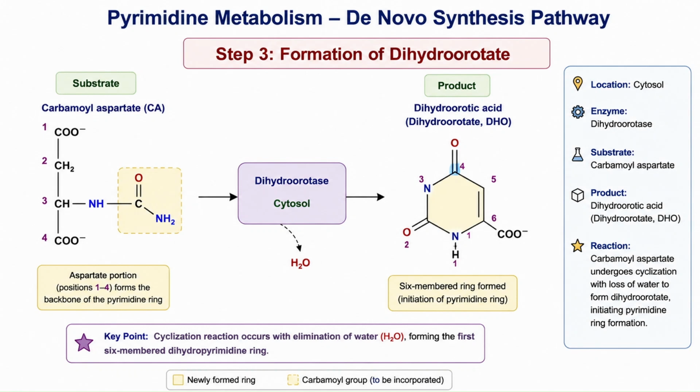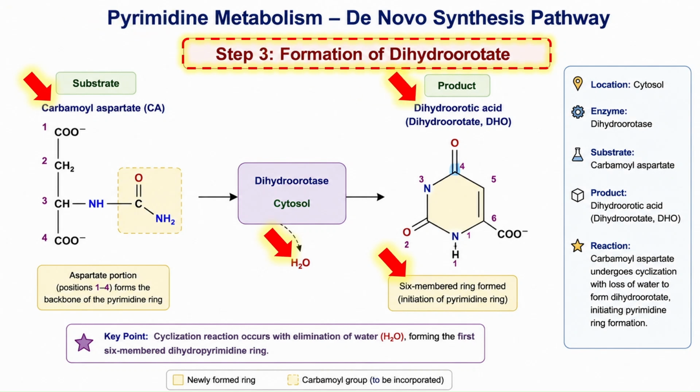Now coming to the third step, the formation of dihydroorotate. In this step, carbamoyl aspartate folds and cyclizes to form the pyrimidine ring. During cyclization, a molecule of water is removed. The important change is the conversion of an open chain molecule into a closed 6-membered pyrimidine ring structure called dihydroorotate